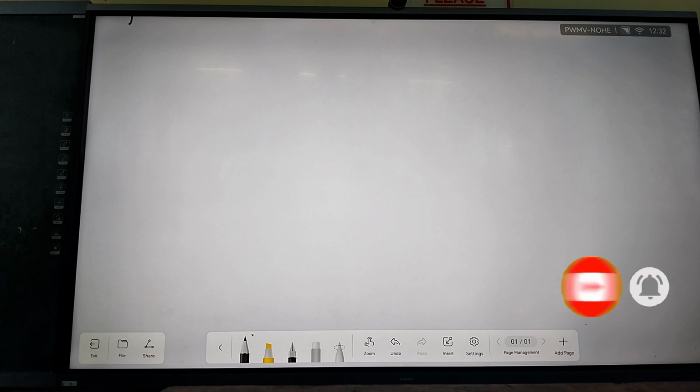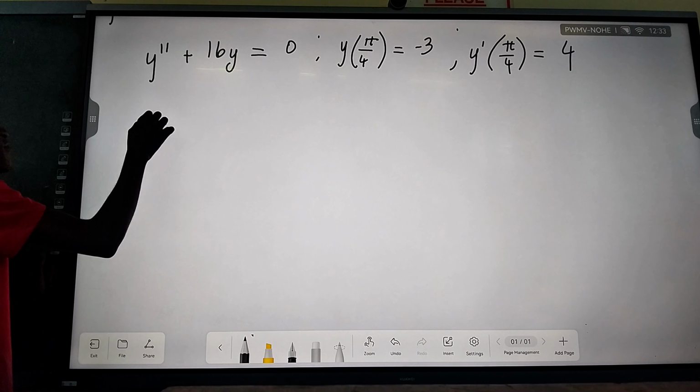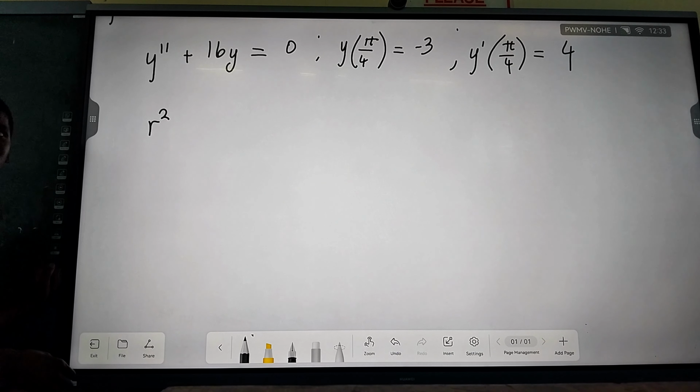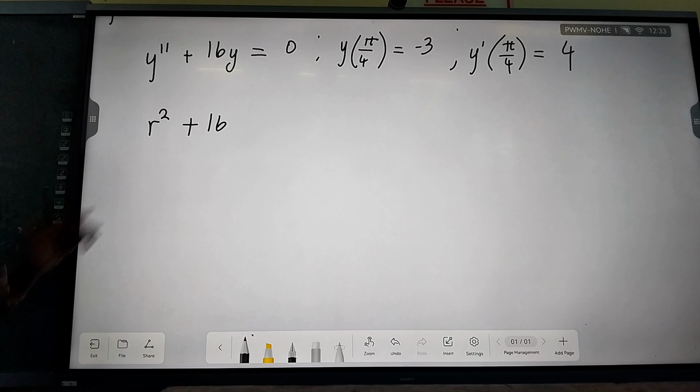All right, here is your equation. This is a second order differential equation, as I'm saying. You see it because the highest derivative is the second derivative. So essentially here, the characteristic equation, we let y equal e to the power rt, because whenever you see y double prime you put r squared, where you see y you put 1, and the first derivative you put r. So this is equal to 0.